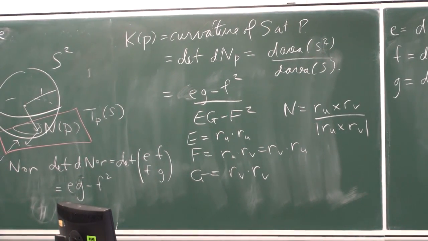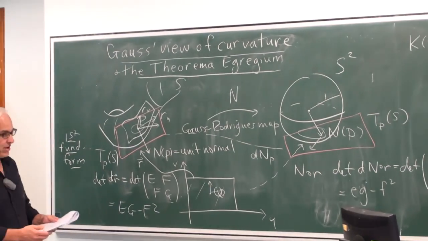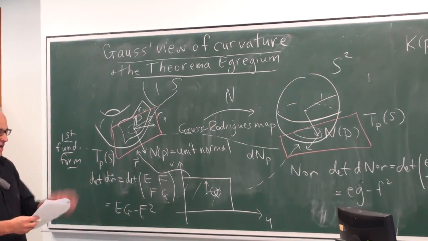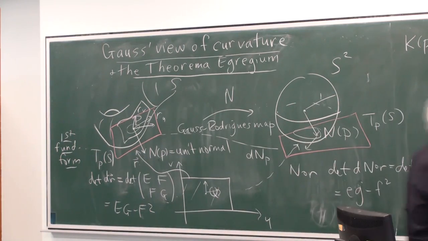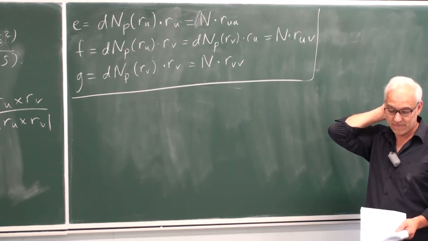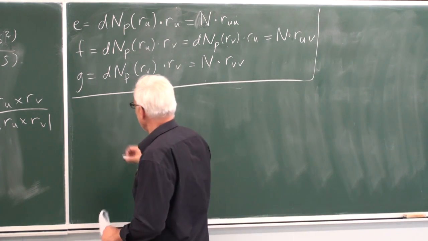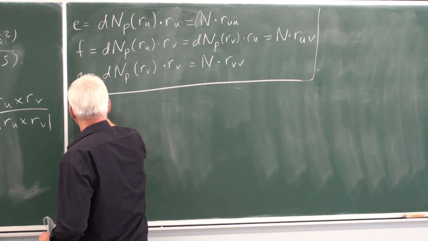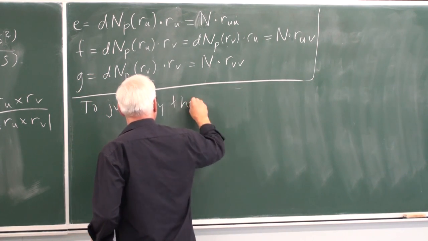Okay, so a natural question is, all right, this is a nice view of curvature, but why is it really the same as the curvature that we are thinking of in terms of sectional curvatures that we've studied earlier? So to make that clear, let's have a look at a computation that shows the equivalence of the two ways of thinking. So I want to do the simplest possible computation. So we're going to justify this view,